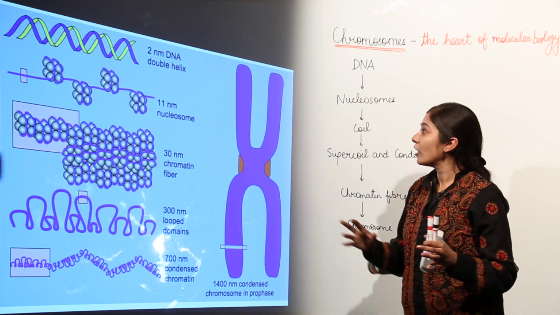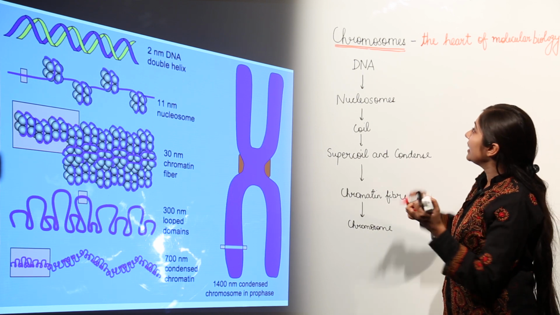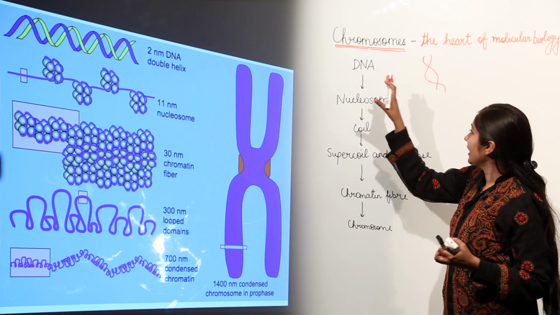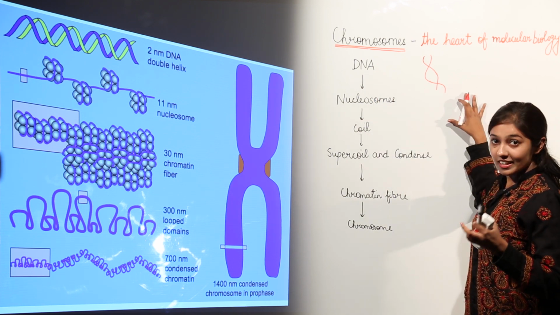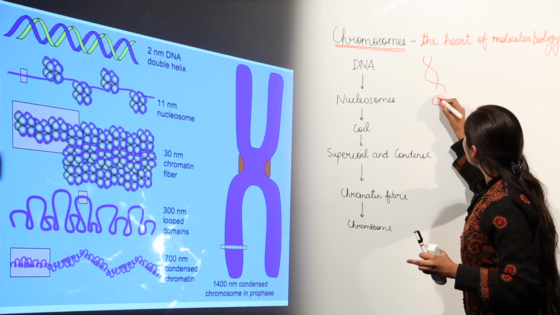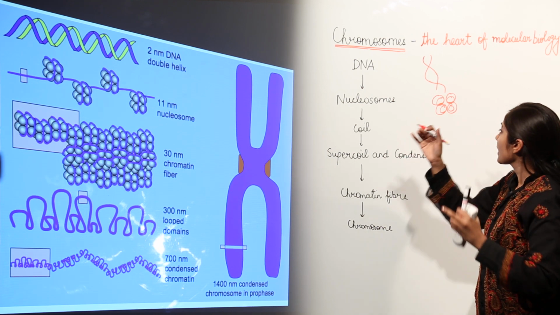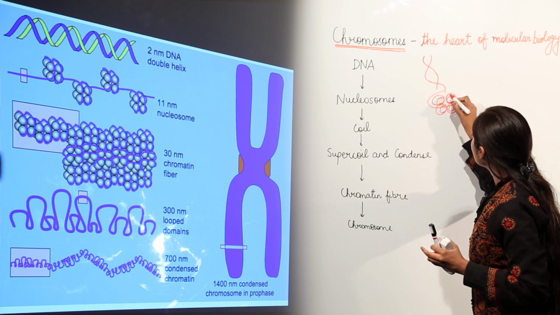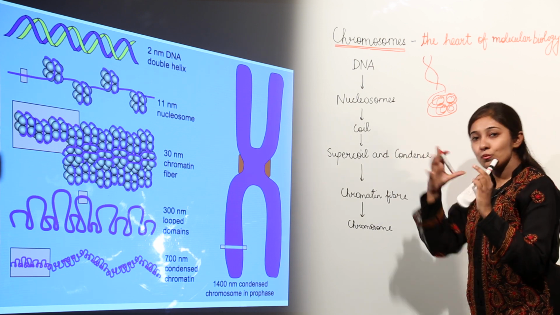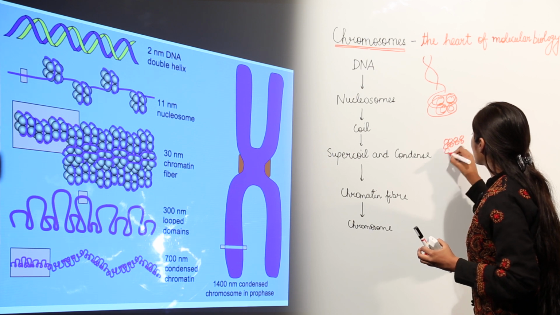Let us now recall how these chromosomes are formed. As I have told you earlier, we have a double helical DNA, right? And this DNA then winds around which proteins? Remember, histone proteins, and they are 8 in number. So we have around 8 histone proteins like this, front and back, and this DNA coils itself around these histone proteins, and this results in coiling, then supercoiling, and then it condenses again to form a complex structure which